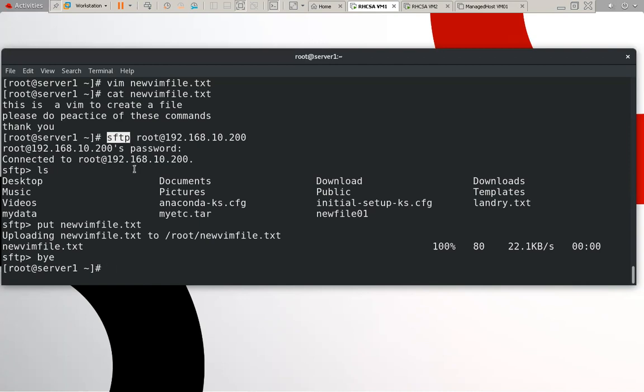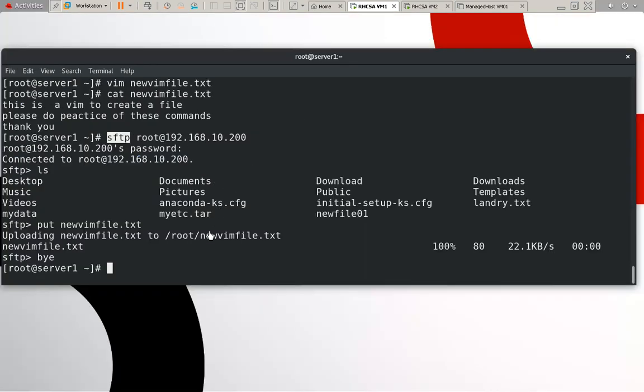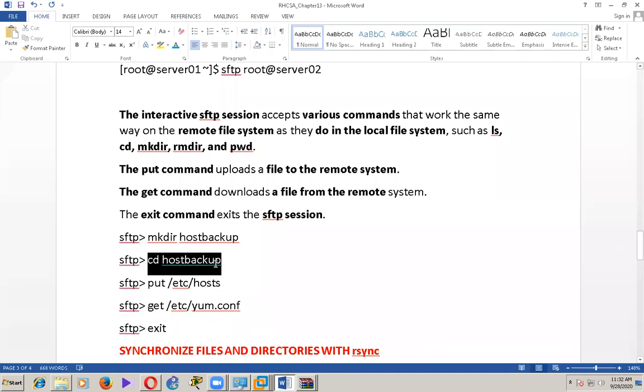We can also create files and folders at the same time. Suppose we want to create some folders or some files in this location, we can create them in the same way. So this is the procedure. We can use the cd command. So a lot of commands we can use. What are the commands?